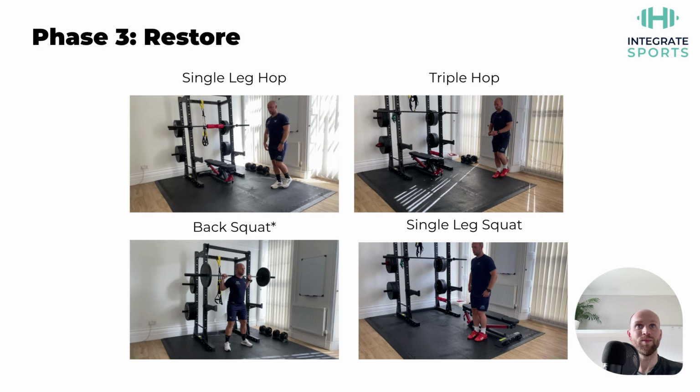The restore phase becomes much more about athletic capabilities. It becomes more about explosive power and running. And what we can do here is introduce, to begin with, linear running. We can then introduce some higher speed linear running. Then we can introduce slower speed multi-directional running. And then finally, in phase 4, introduce sport-specific high-speed reactive agility movements.